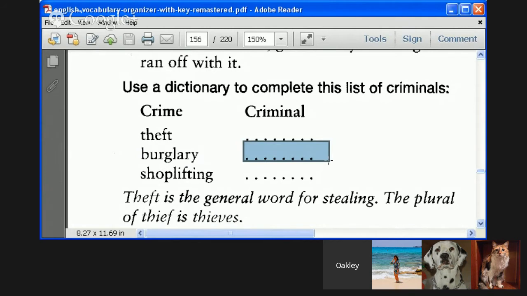I don't know. Burglar. That's exactly correct. Burglar. Just get rid of the Y. Burglar. And notice how I mispronounce it. I didn't mean to, but I did accidentally anyway. It's very common for native speakers to say burglar or burglary. We add a vowel sound between the G and L. We're really not supposed to. That's not correct. It's burglary.